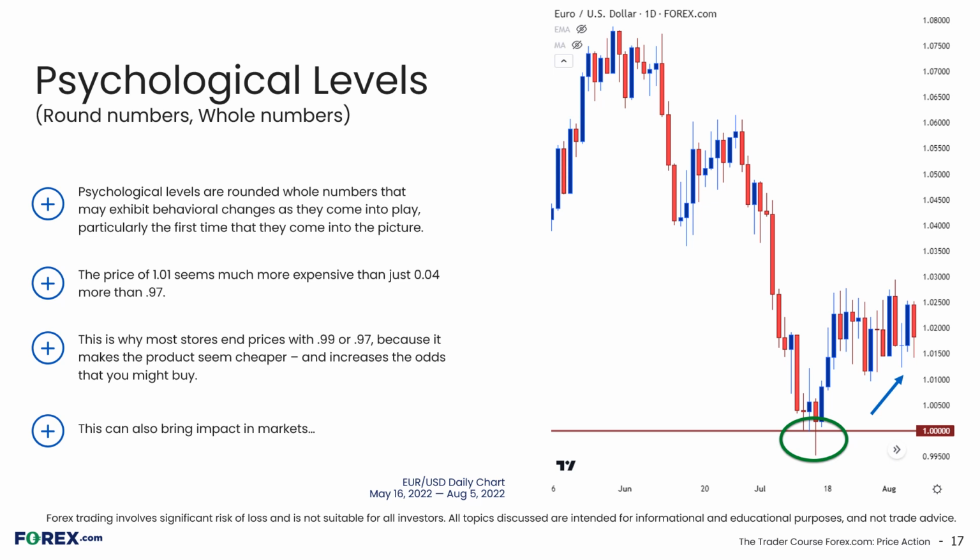Psychological levels can often be sought out at even increments for every 100, 500, or 1,000 pips. So in Euro-Dollar, the $1 level at parity would qualify, as would the 1.10 or 0.90 levels. But traders can also take this to a more granular degree, looking for those levels at 100 pip increments, so